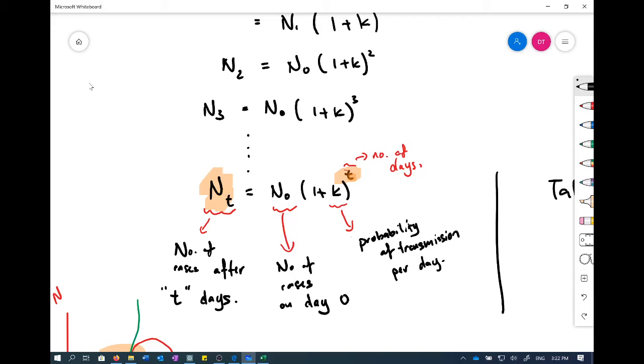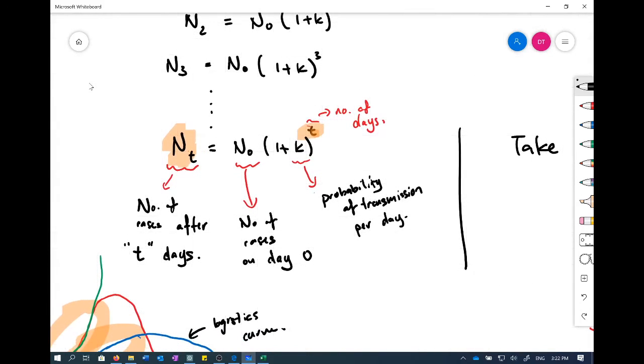What to do? Linearize the graph. Yes. So for practicals, when we try to find constants from some not fully understood mathematical equation, it is always useful to plot a straight line. If the original equation is not possible for us to plot a straight line, we have to do some modification to the equation to enable us to plot a straight line. And this process is called linearizing the graph. So in this case, because we are trying to plot something that has to do with Nt versus something that has to do with t, and t is in the power,